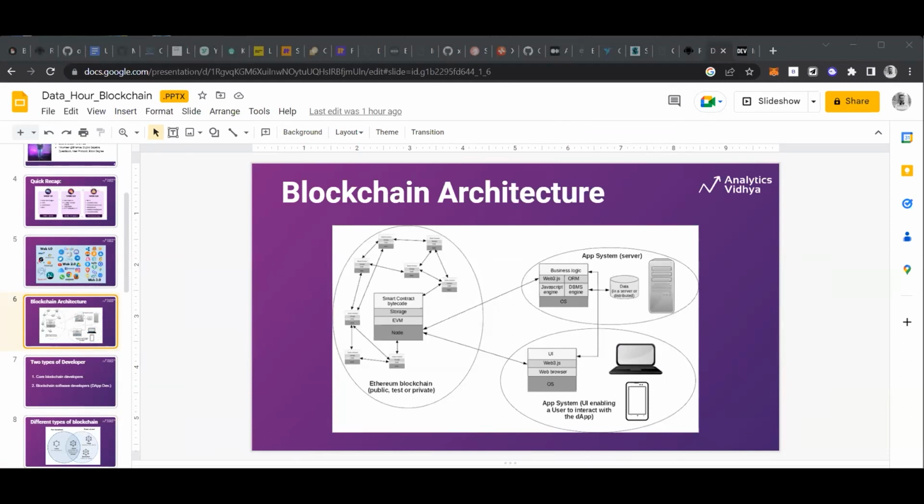So where does a smart contract come into play? A smart contract is like, in our day-to-day life, a business contract. It is the business logic, rule one, rule two, rule three.